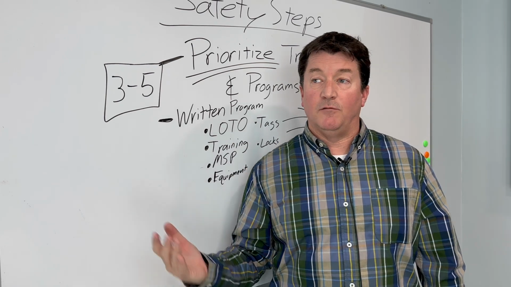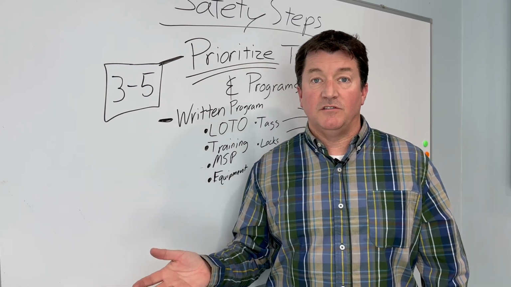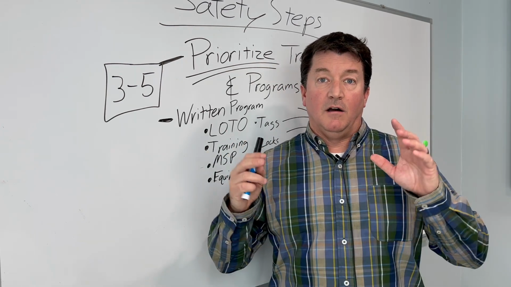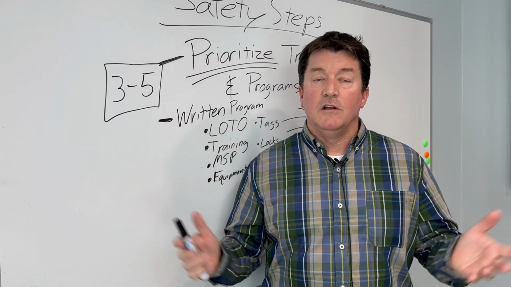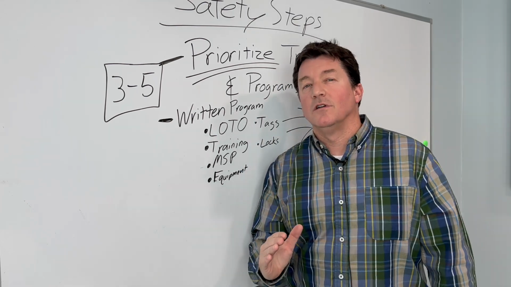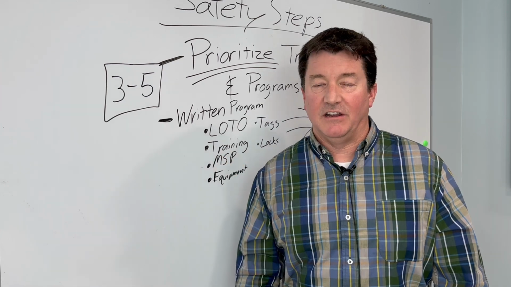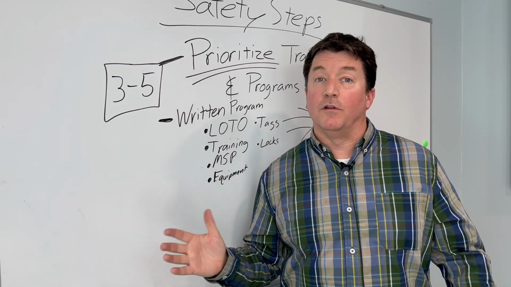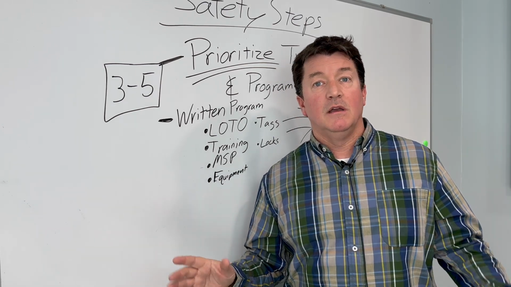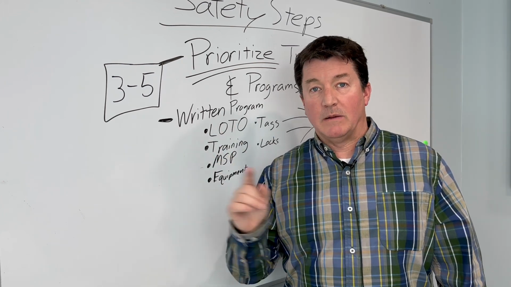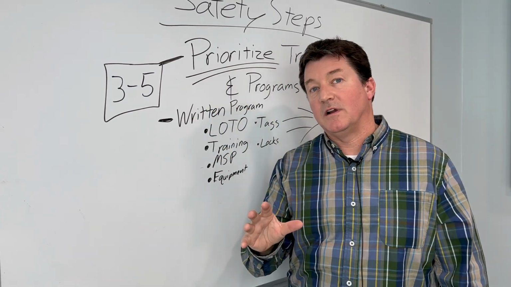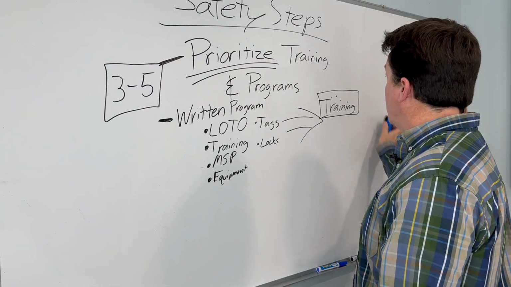Now, what else do we need to have? We've got to have emergency evacuation, right? We've got to have fire prevention. We've got to have PPE, right? So there's certain programs that you have to have, and we're going to do those, but we want to prioritize the ones where people are most likely going to get hurt first, because that's the goal. The goal, yes, we want to meet the OSHA standards. We want to have everything tied up with a bow on it, but we've got to start with the most important programs first. So step number 3,